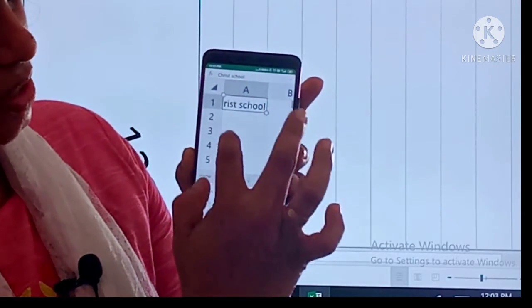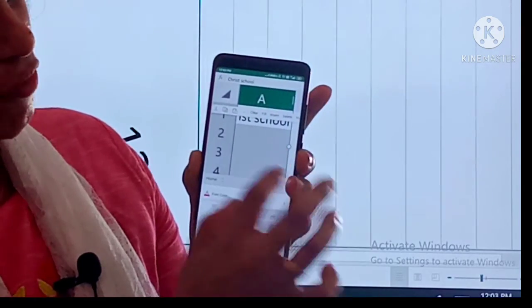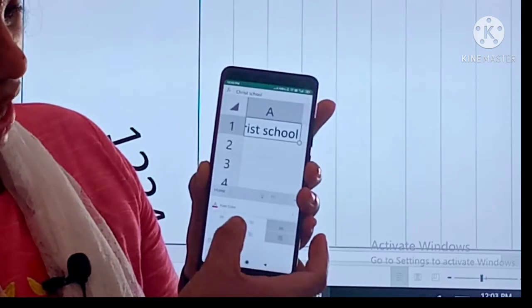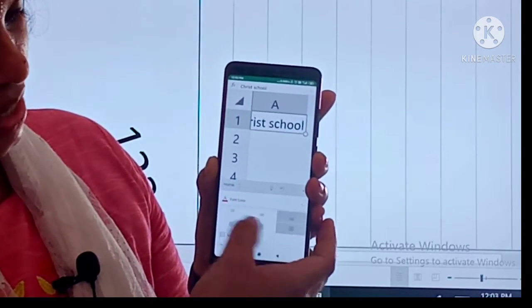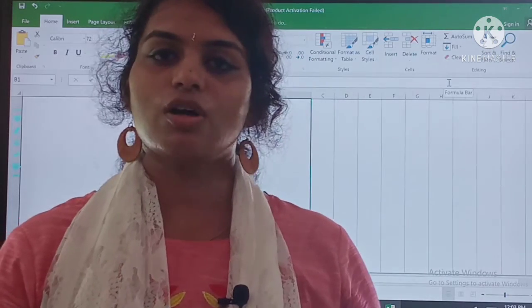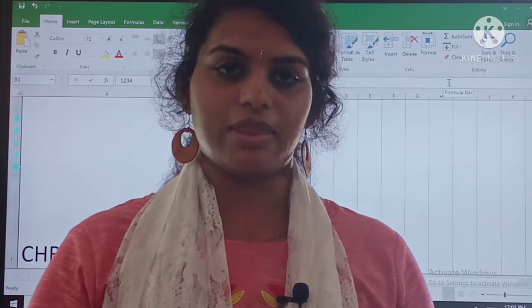You can see on the screen how it's changing. Do practice it on your phones or on your laptops. These are the 6 types of alignments that we have. Similarly, for orientation also you can use it on your phones. So you'll be ready with that.